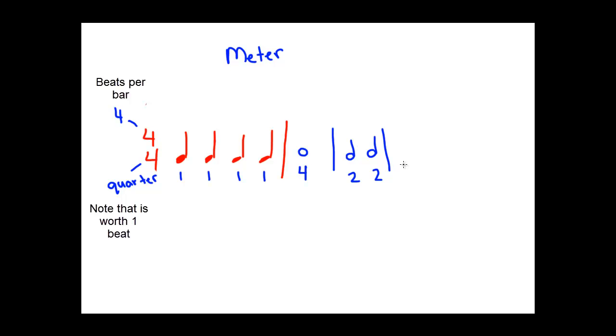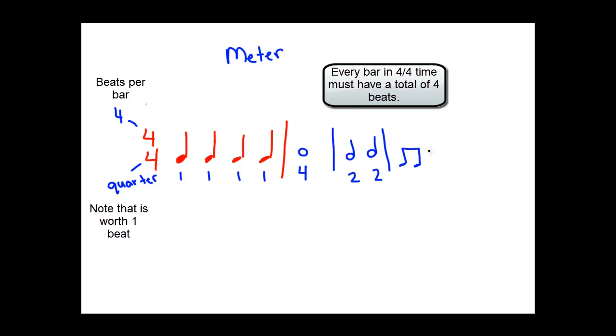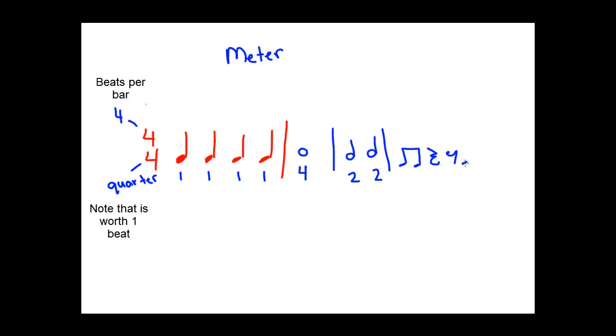You could also have more complicated combinations. So we could have a rhythm like this. Alright, so then you'd have to add it up to see how many beats go in this bar. So let's take a look at that. We'd have an eighth note, which is half a beat, eighth note, which is half a beat, a quarter rest, which is 1 beat, an eighth rest, which is half a beat, an eighth note, again half, eighth note, half,